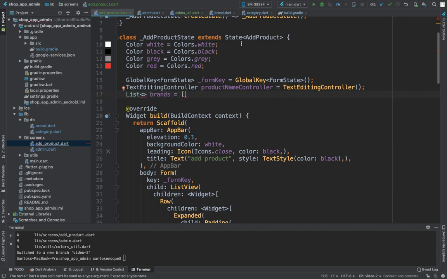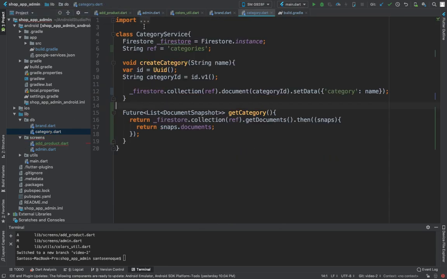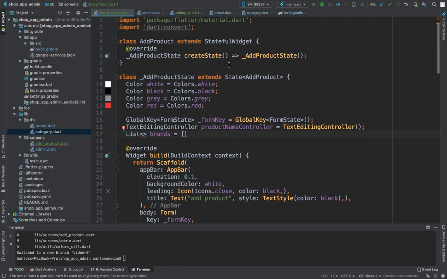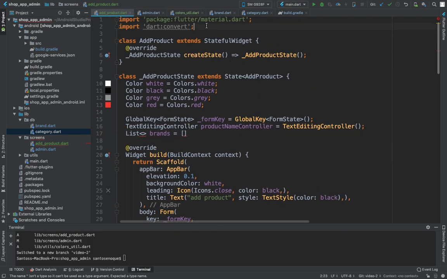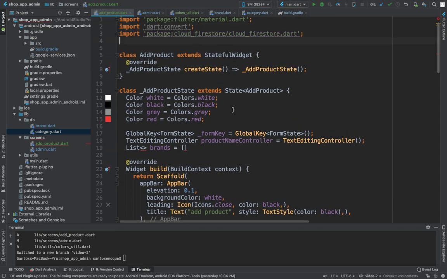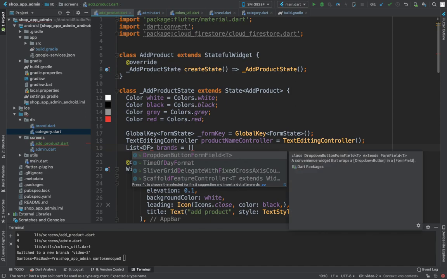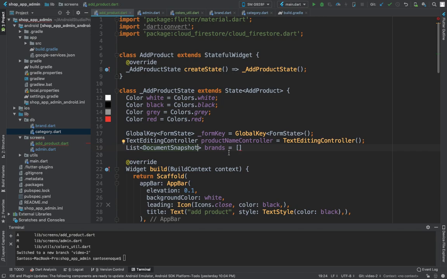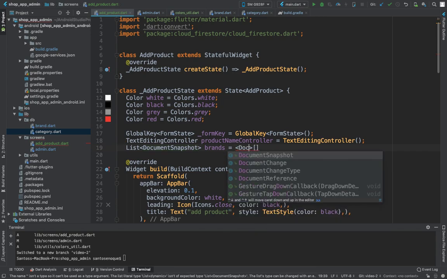Okay, I have to import something here, Cloud Firestore, before we make use of document snapshot. So come in here, copy this. So let's go to our add product page, and perfect. We're going to import here document snapshot, the type of the list we are dealing with. So at the beginning we have an empty list of the